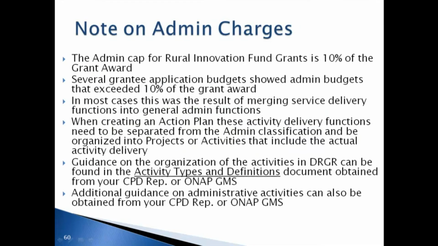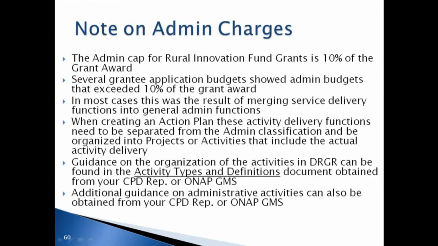I wanted to give a quick note on admin charges. The Rural Innovation Fund program limits admin costs to 10%. Several grantee applications had admin cost in their budget worksheets that exceeded 10%, so it's going to be critical when you do this process of converting the application to the action plan to look at the admin cost and clarify that these truly are admin costs. You need to differentiate service or activity delivery cost and pull them out of the admin